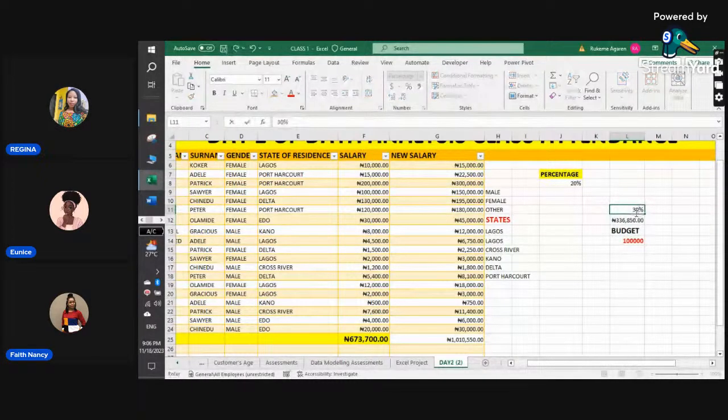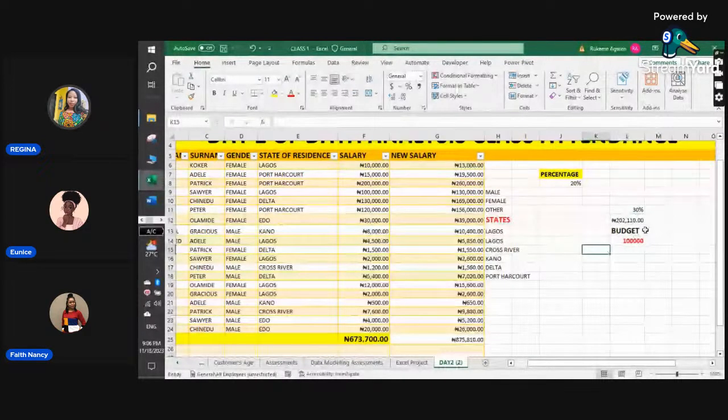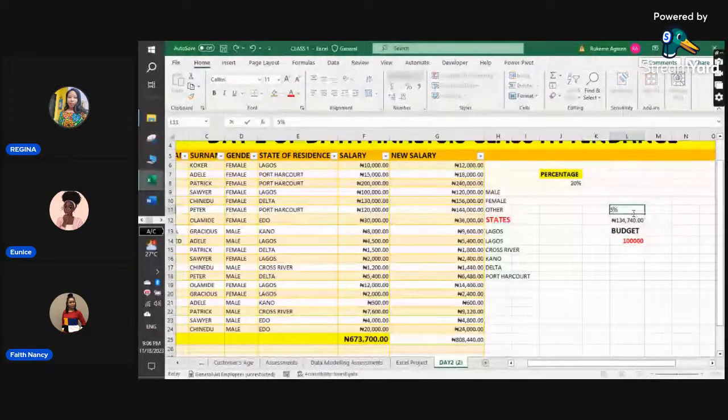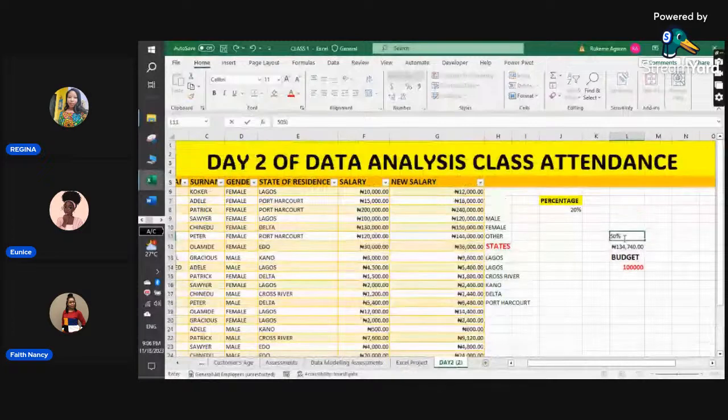Enter. It has reduced, but it is still 202,000. So does that mean I have to be reducing every time by myself? How long am I going to be doing this up and down calculation? It is a lot. So